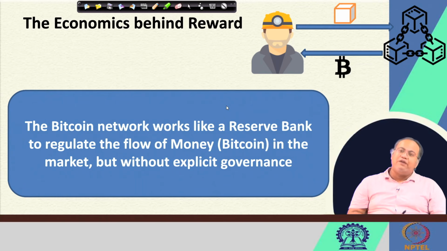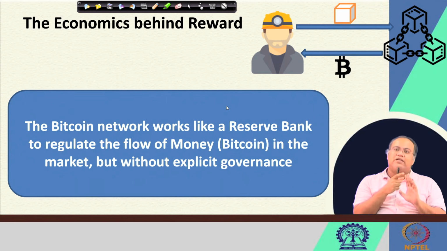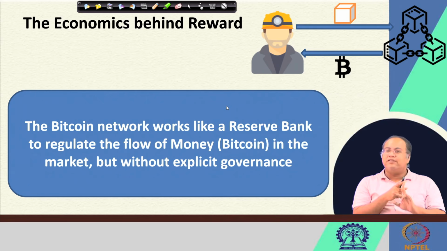If you remember the first lecture on this entire journey, the history of blockchain that we started 3-4 lectures back, I mentioned that this entire idea of blockchain is based on 3 pillars. One was the distributed system, the second was the cryptographic techniques, and the third is a nice economic model. And here comes this economic model, which regulates the flow of Bitcoin in the network.